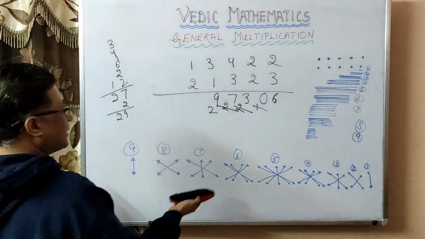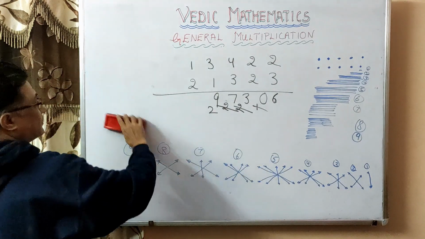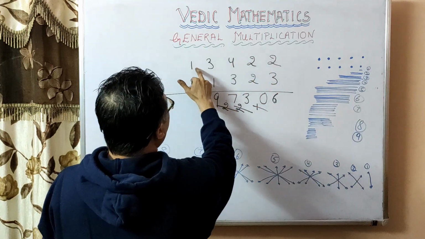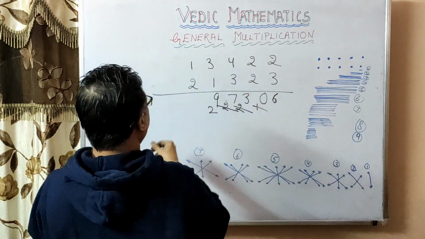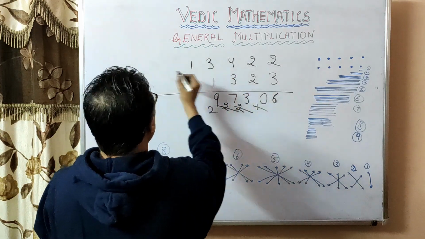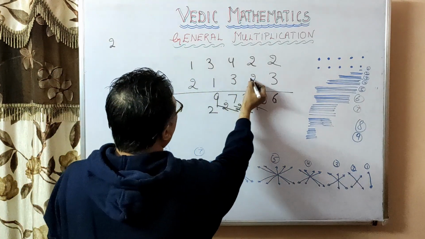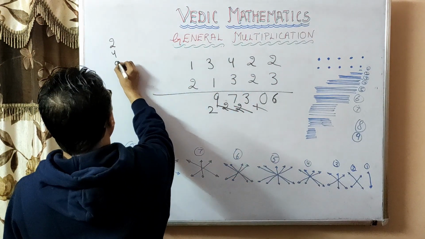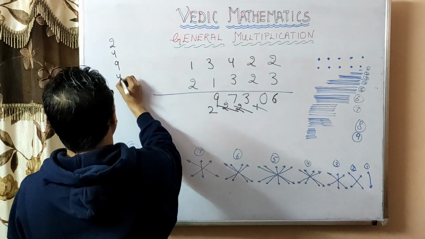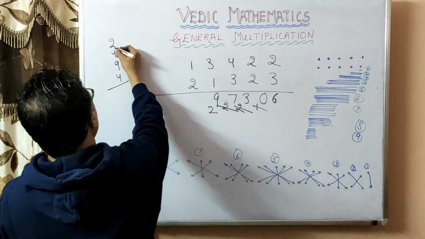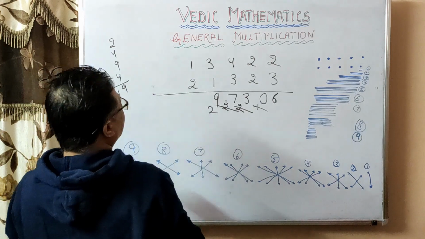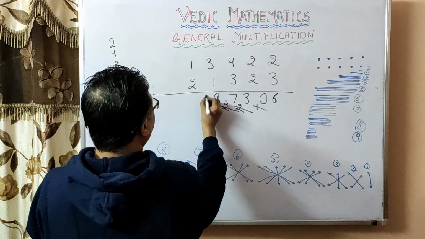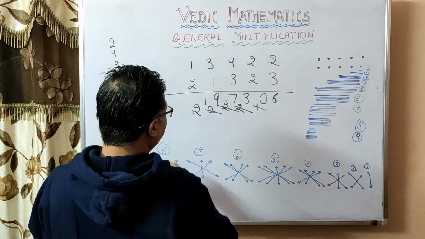Now we come to our 6th step. So what is the path? We have to remove this. Only these 4 are considered now. 1 with 2, 2 with 2, 3 with 3, 4 with 1. So 1 with 2 is 2 1s are 2, 2 2s are 4, then 3 3s are 9 and 4 1s are 4. So 9 and 4 is 13, 13 and 6 is 19 and 2 is carried forward. So this becomes 21. So I write 1 and then I write 2.